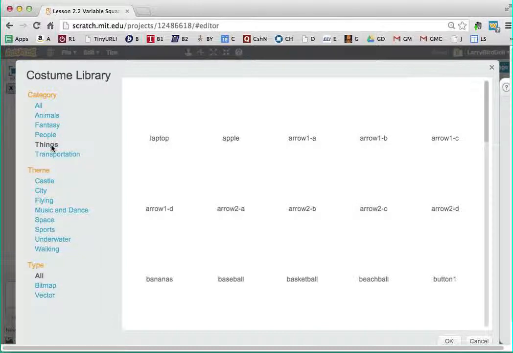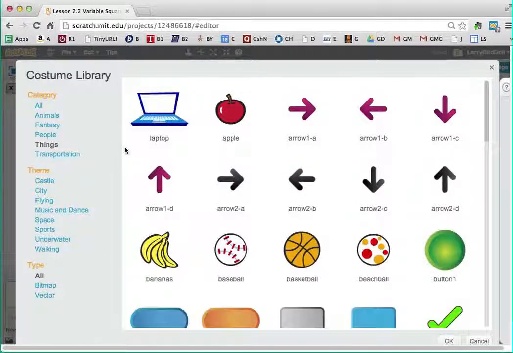You don't want the arrow pointing up because it's actually going to confuse the logic. You want the arrow 1A or 2A, red or black, that's pointing to the right. Because if you choose that arrow and then you choose OK,